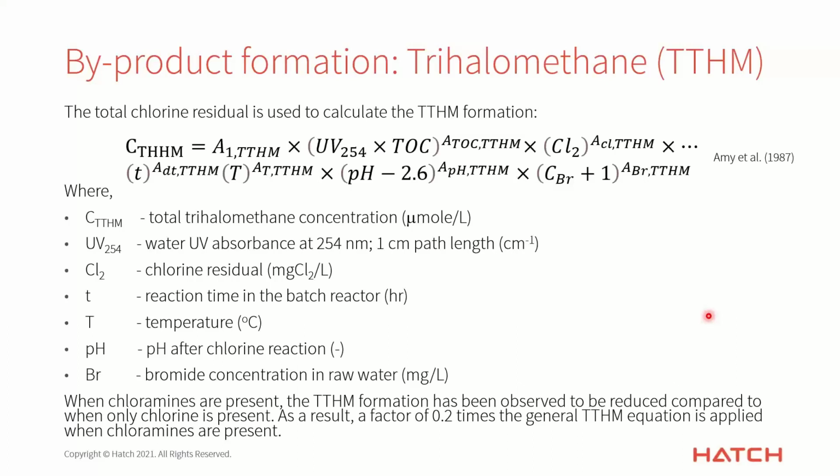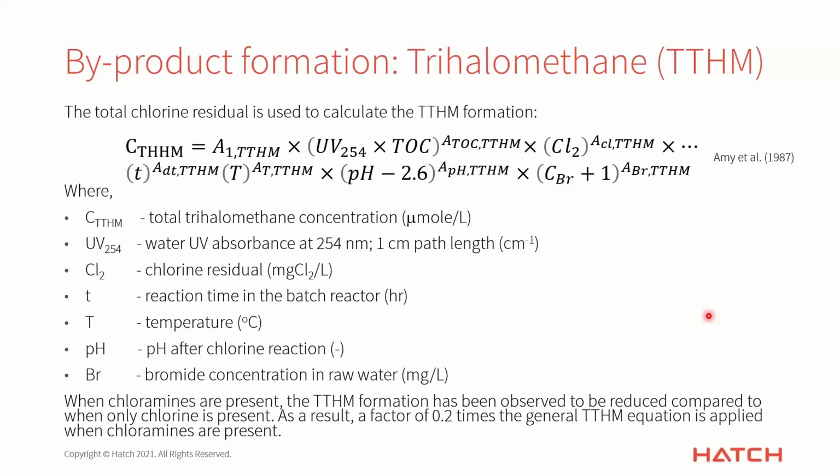So this model is basically another empirical model similar to the decay model and the instantaneous demand model I showed. And it contains many of the terms that we've seen already from the other correlations, such as the UV254 term and the TOC term. But we also have some new terms here. This one is actually dependent on pH and bromine concentration. And bromine in this case is actually just a user input to the chlorination model. It's not a state variable calculated in GPSX.